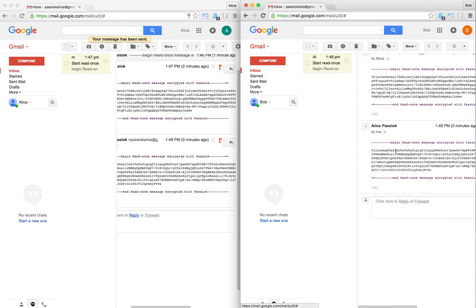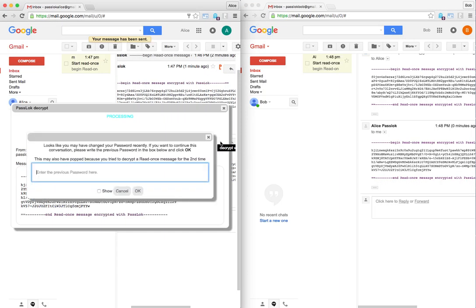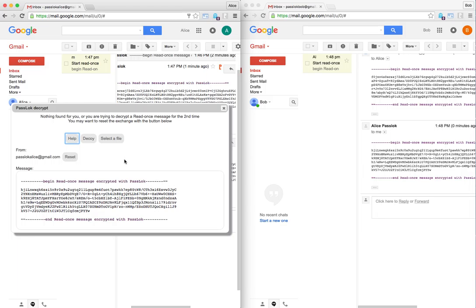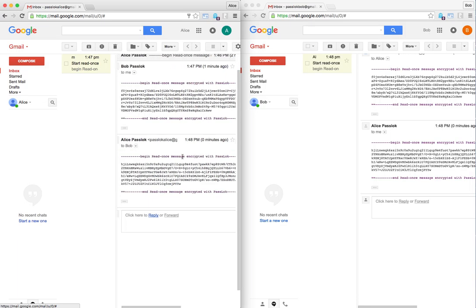There is a way to reset the conversation when you want, when everything fails. Like for instance, if I click here again, after it fails twice, let's just fail twice. I'll be able to reset the conversation, and then I can restart everything once again. So this is read once mode in PassLok for